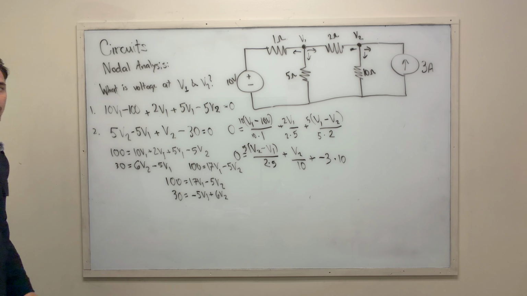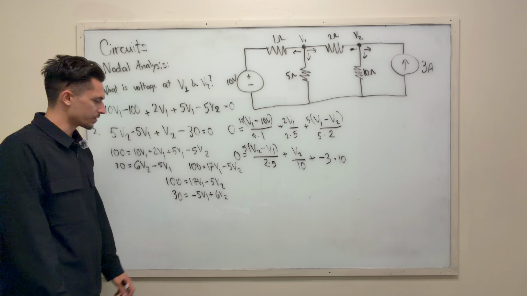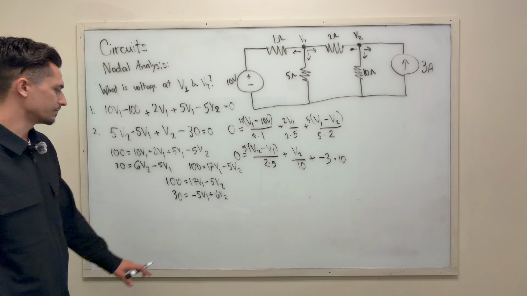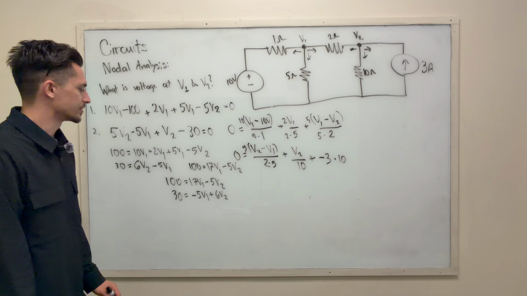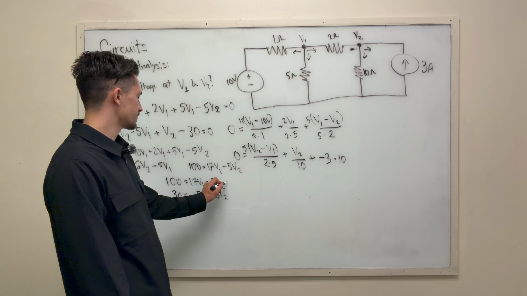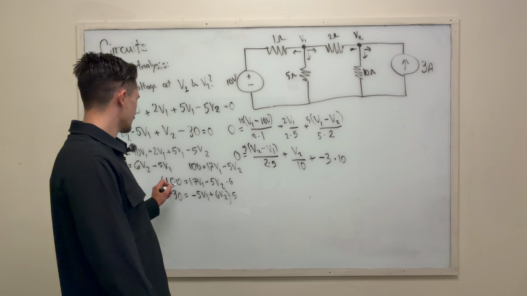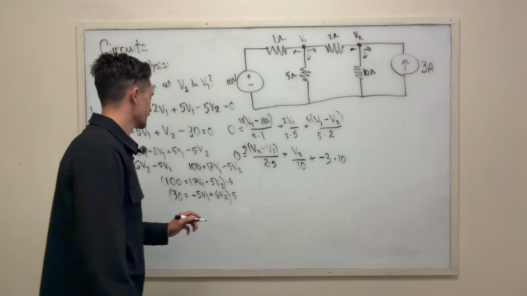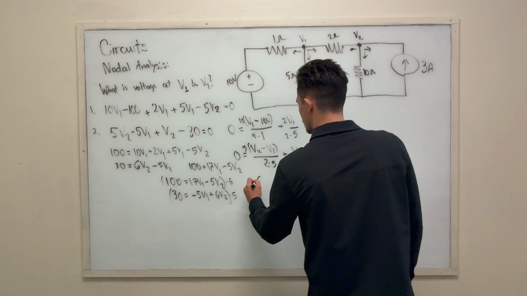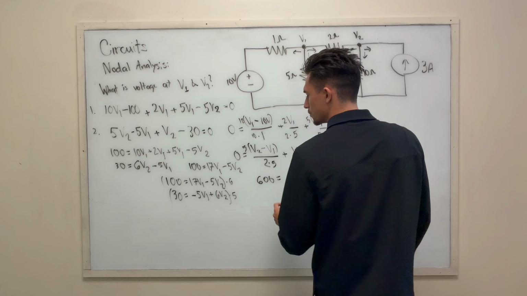And so because we have a system of equations, we can solve for one of the variables. So in this case, I think v2 would be easier to take out. And so we're going to multiply this by 6 and multiply this by 5, this whole thing. And this is going to all be multiplied by 6. So we're going to do 600, which is equal to